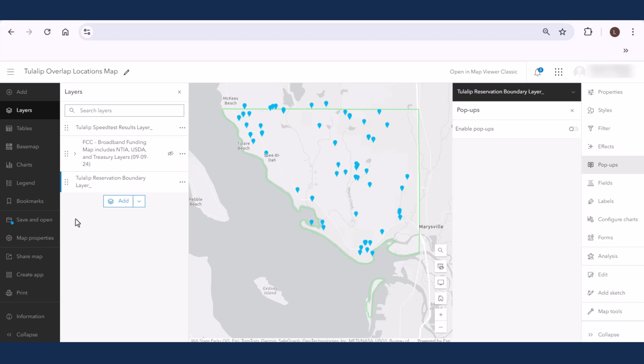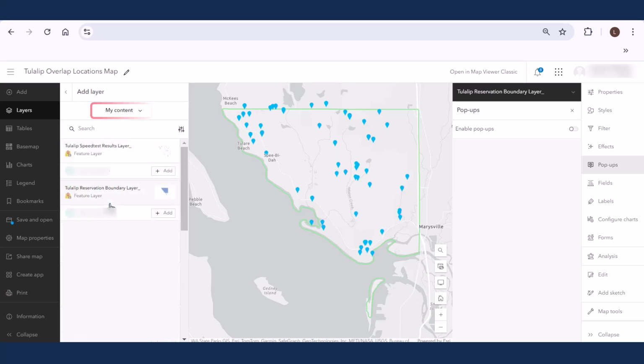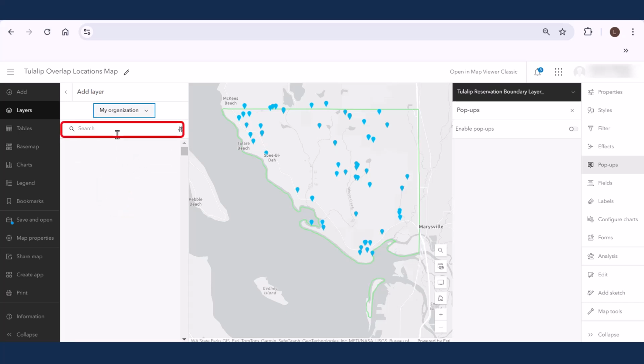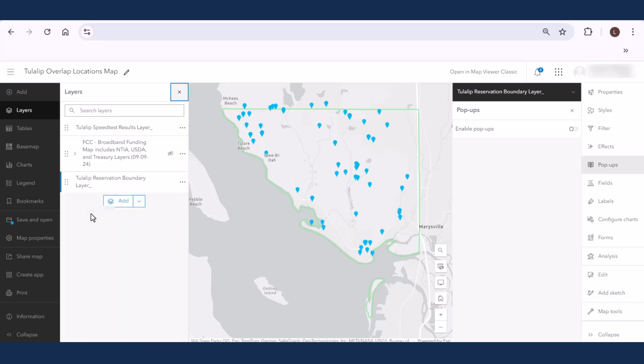If you are not using the federal grants map template and need to add in the FCC layers shown, click the Add button at the bottom of the Layers pane, navigate to My Organization, and search for the layers in the search bar. Once you have the FCC layers shown loaded into the map, let's turn the layers on to